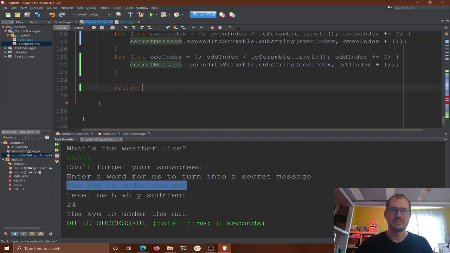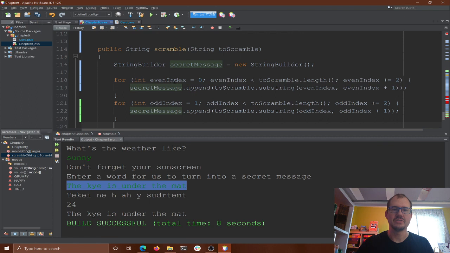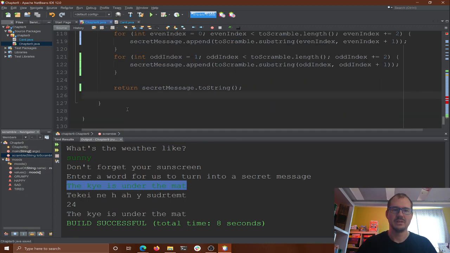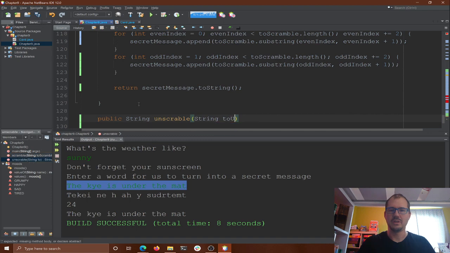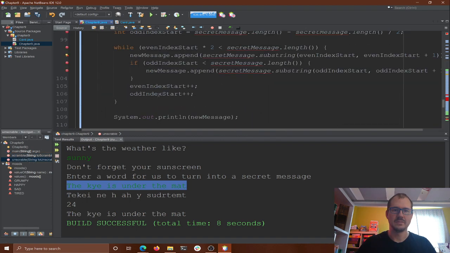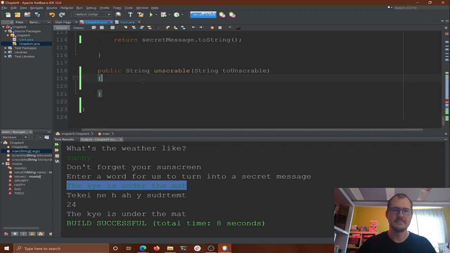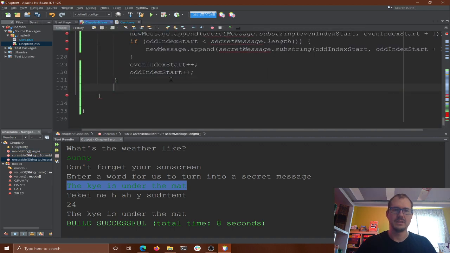our secret message. Now this time we can't just return secret message, right? Because it's not the right type. And it says, oh, a StringBuilder can't be converted to string. So now we have to call explicitly toString here. Okay, and then we'll write an unscramble method, public string unscramble, given a string to unscramble. Right, and we'll do this process over here. Okay, and then we'll return,